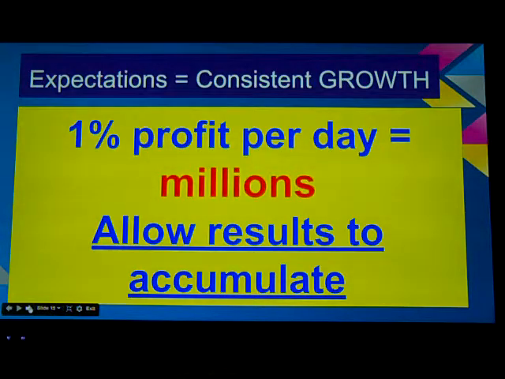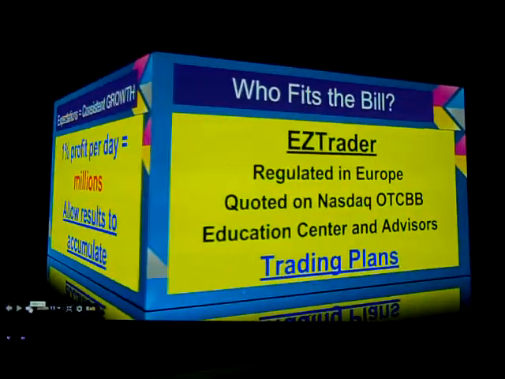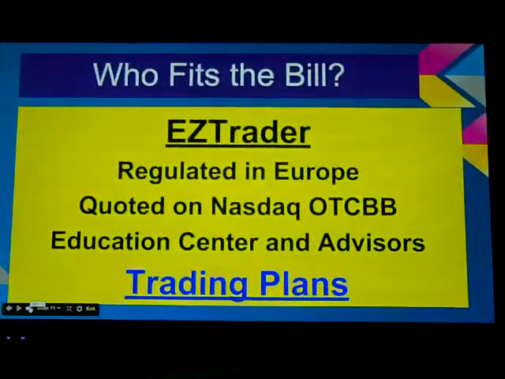So remember that what you want to do is you want to allow results to accumulate. If you start with $1,000 and by the end of the month you have $1,100 and you earn $100 that month, that's 10% profit in a month. That's huge. No other bank, no other investment will give you that. So try to think in those terms and not in terms of, oh, I had $1,000 and now I have $3,000 after a month. You shouldn't try to think that way. It's probably not going to happen, and what that means is you're taking too much risk.